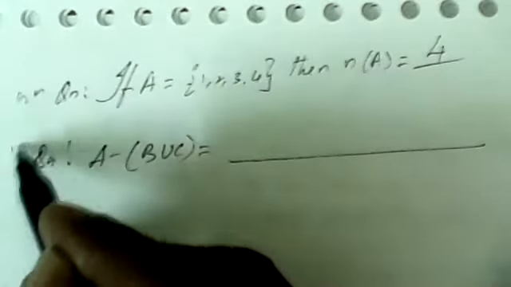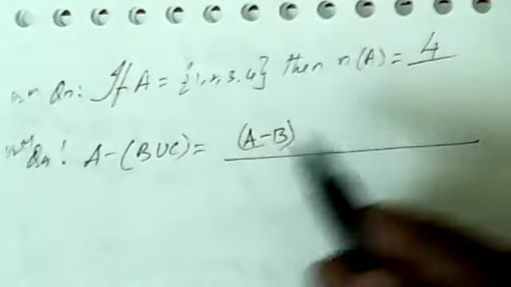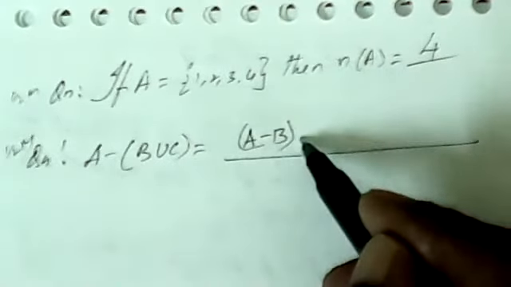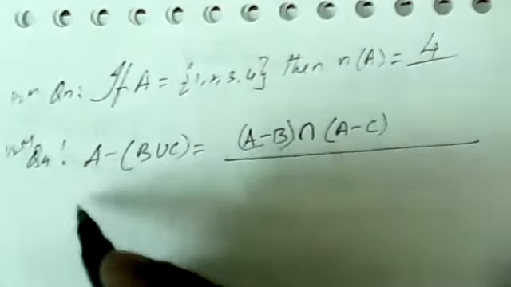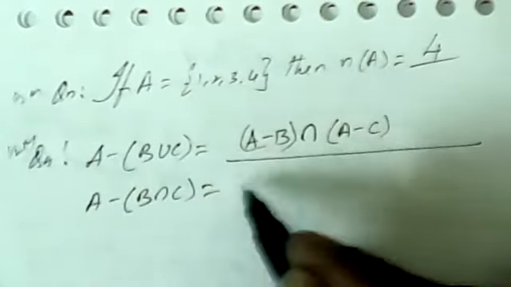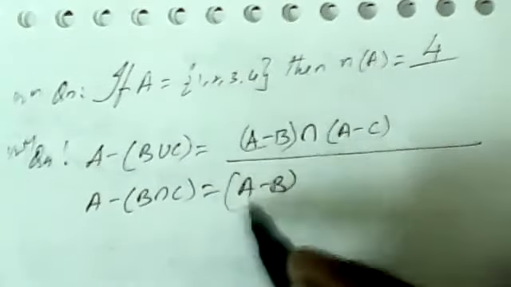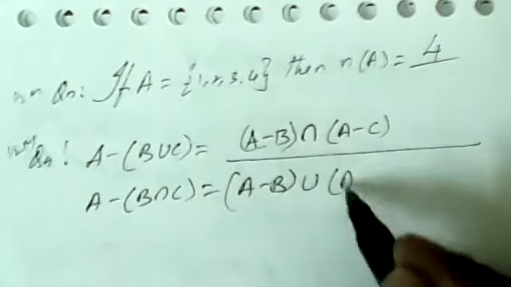So these are the half mark questions, objective questions. This is De Morgan's laws of difference. So what you get is A minus B, again minus distributes over union of sets. Here, union means intersection: A minus C. Similarly, A minus of B intersection C is equal to A minus B. Here, minus distributes over intersection, which means you get a union of A minus.